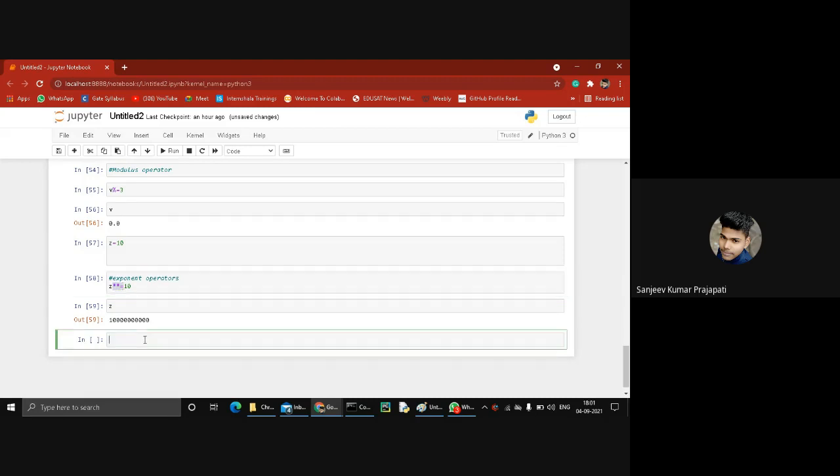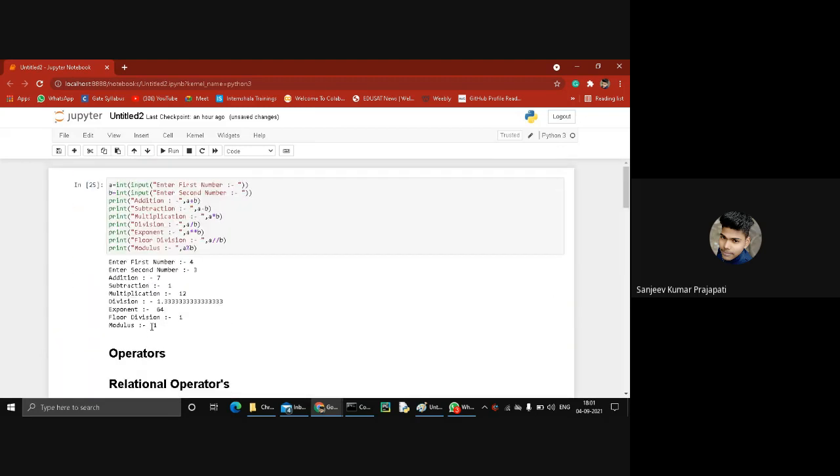In a previous example, this calculator, I have already told you we have to use a variable a as 4 and next b is 3. Then we perform an exponent operation. So a is 4 and b is 3, so 4 to the power 3 is 64, right?